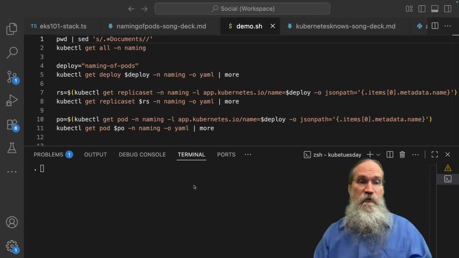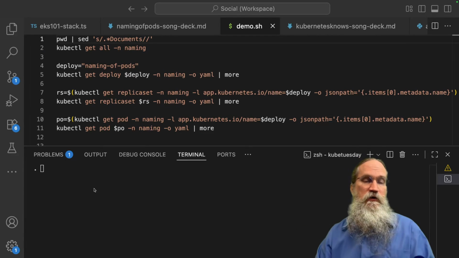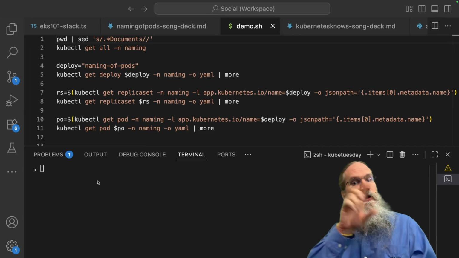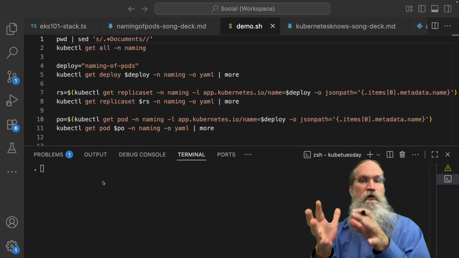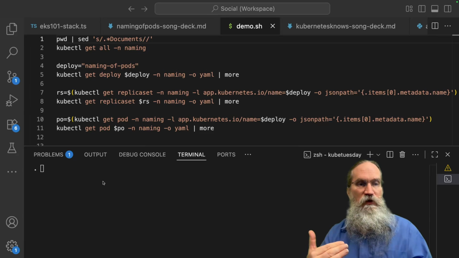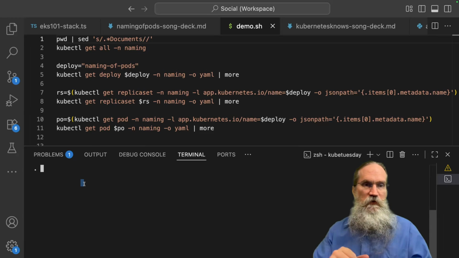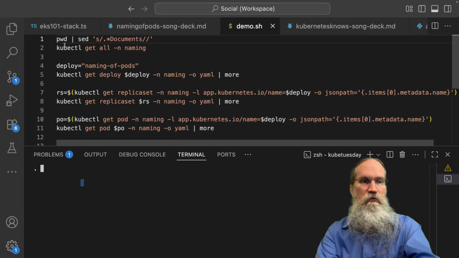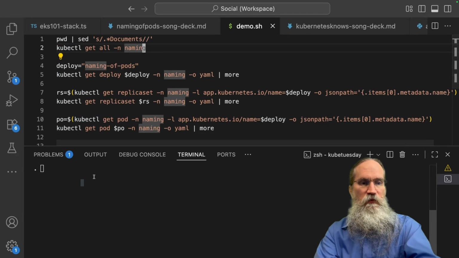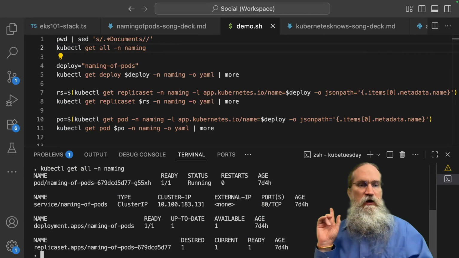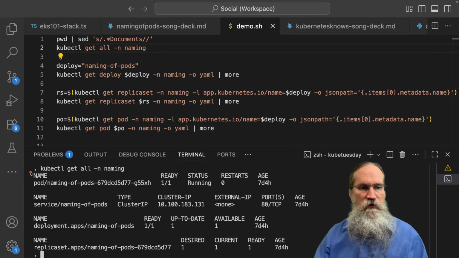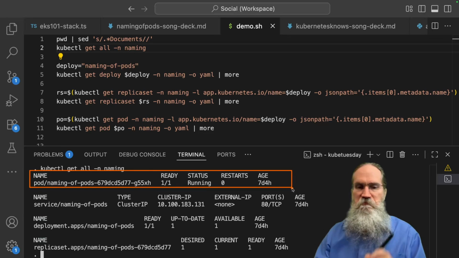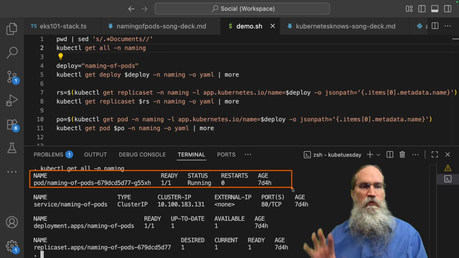Hello. In this episode of kubetuesday, I'd like to show a few things that I had running in the background behind me in the little video of the naming of pods last week. So let's take a look at the resources that are running in that naming namespace in my cluster. And here there is a single pod. I could scale this out to have more, but right now there's a single pod and single container